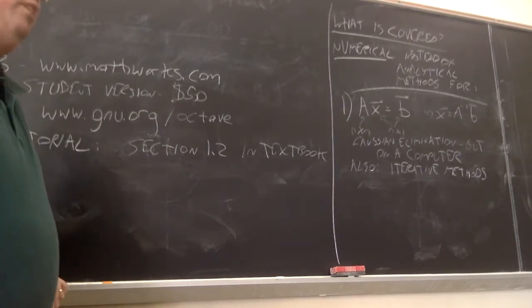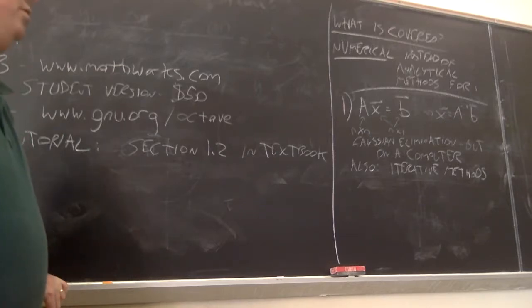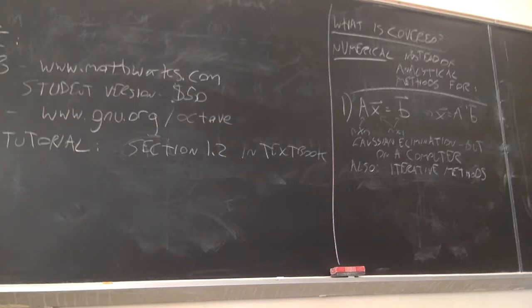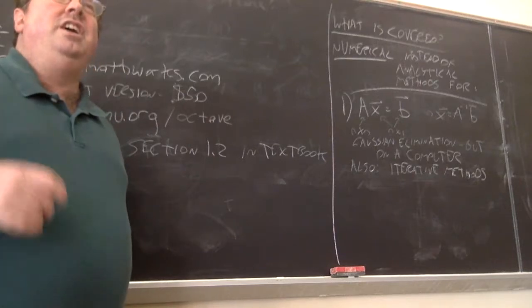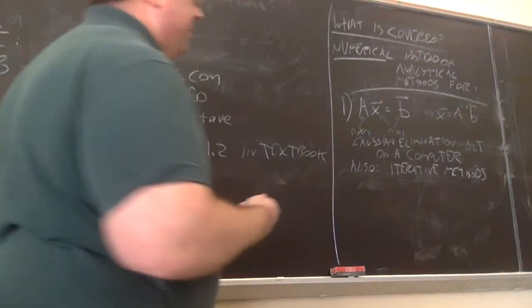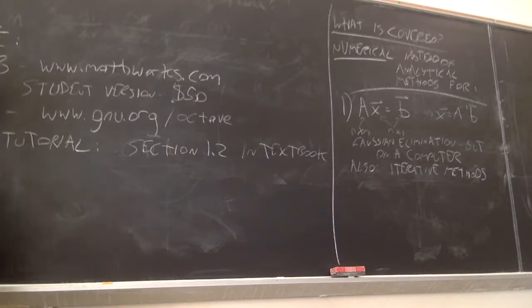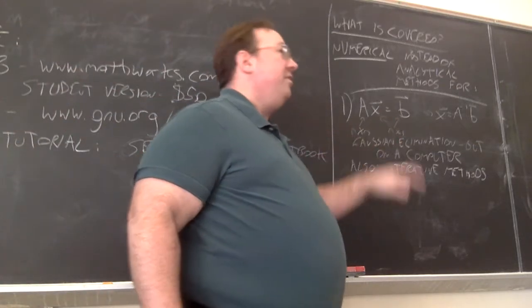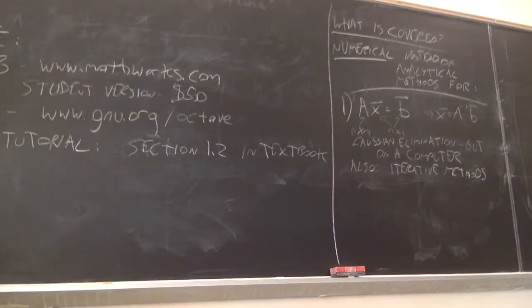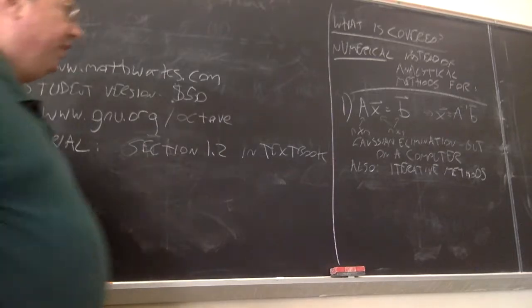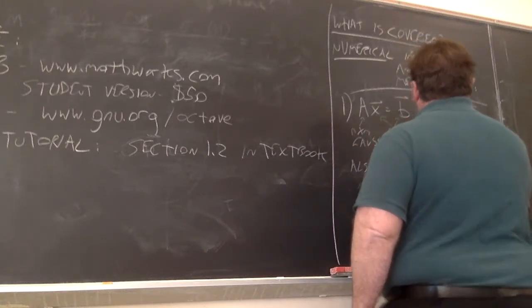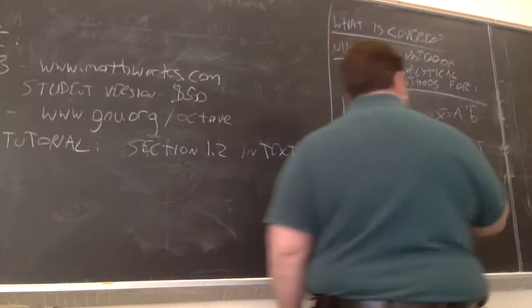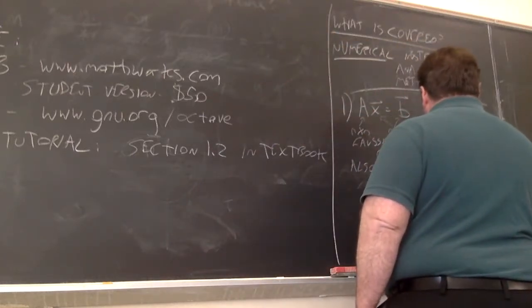Iterative methods are a way to do this. What if most of the entries in your matrix are 0? That actually poses problems for Gaussian elimination because they could introduce new non-zero entries and increase the amount of work. But iterative methods are well designed for these kinds of systems. So there's a lot of reasons to use iterative methods instead of row operations. So we're going to take a look at that. Okay, so that's the first part of a course. So Gaussian elimination is chapter 3. And then iterative methods, we will cover a portion of chapter 5.